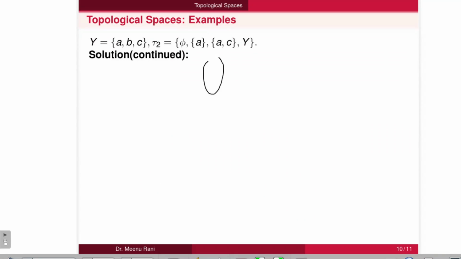Now for this, let us take a set X here, which contains some points, and Y is a set which contains A, B, C, and all the points of X are mapping to B, and the function is G. Now to check whether this G is a closed map or not, we take an arbitrary closed set in X, then its image should also be closed in Y. Let us take an arbitrary closed set from tau1 complement, so it is closed in X. Then take its image, and all the elements of X are mapping to B, so it will be singleton B,